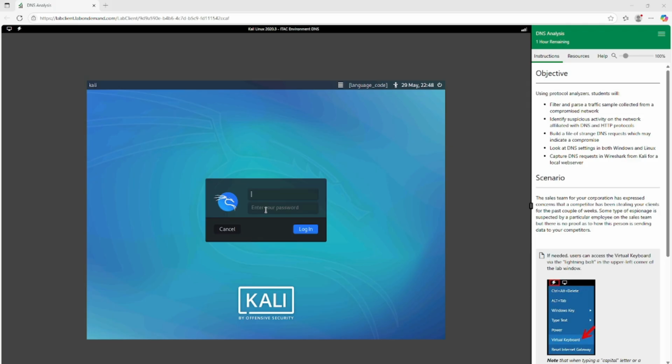I'm going to be guiding you guys through Lab number 7, DNS analysis for the Networks and Infrastructure course. We're going to be using protocol analyzers to filter and parse a traffic sample collected from a compromised network, identify suspicious activity on the network affiliated with DNS and HTTP protocols,